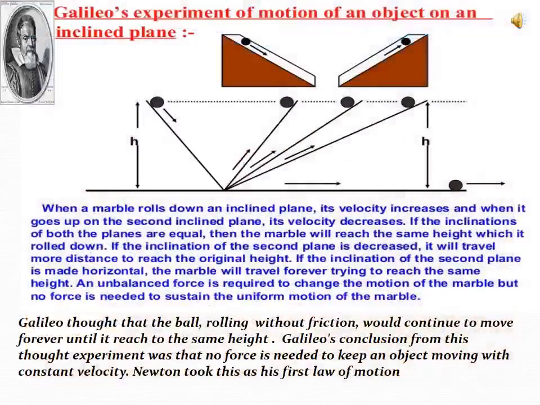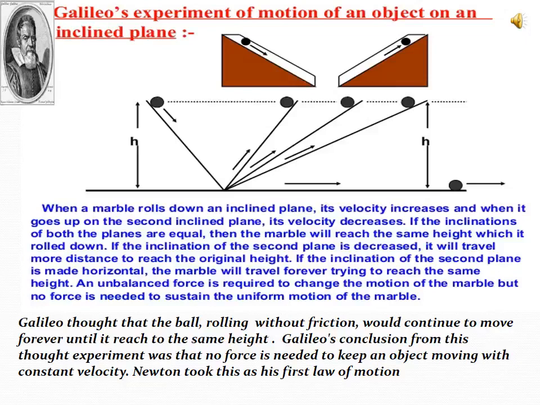This activity points out that the marble ball would be in uniform motion forever, as it has been assumed under the experimental condition of no external unbalanced force. Here the force of friction acts on the marble ball, and this activity also shows that the ball will never reach the original height though it tries to reach it. But in a practical situation, it is not possible to achieve zero unbalanced force.